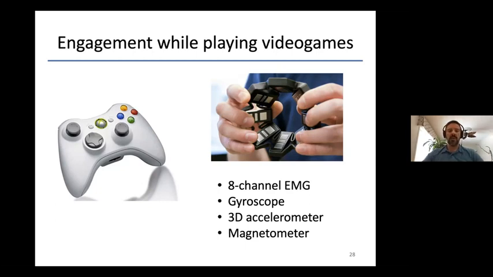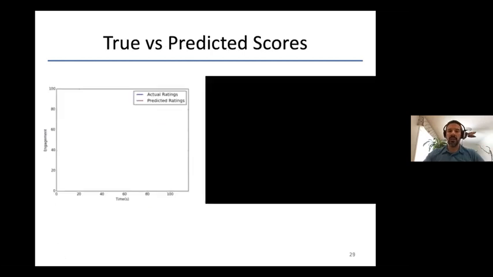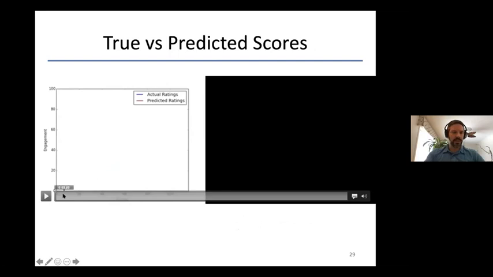Instead of instrumenting the controller, we decided to look at whether we could track this information through a smart bracelet that you see here on the top right. This smart bracelet monitors EMG, so the muscle information around the forearms. It has a gyroscope and an accelerometer, so it's able to tell you information about the arm movements and so on. So we had gamers put these devices one on each arm, and then they played Assassin's Creed. So here I'll play a little video.